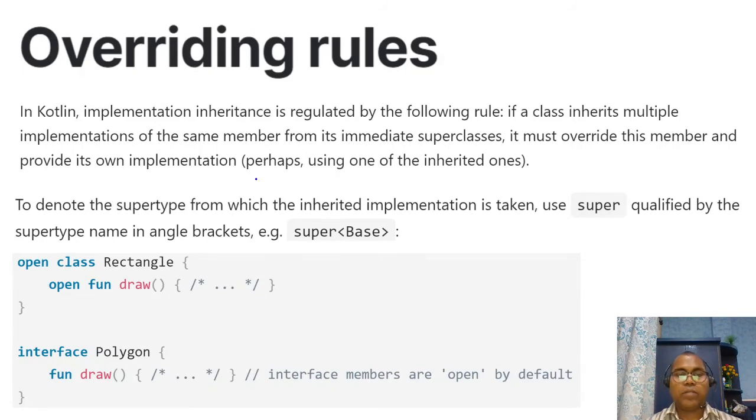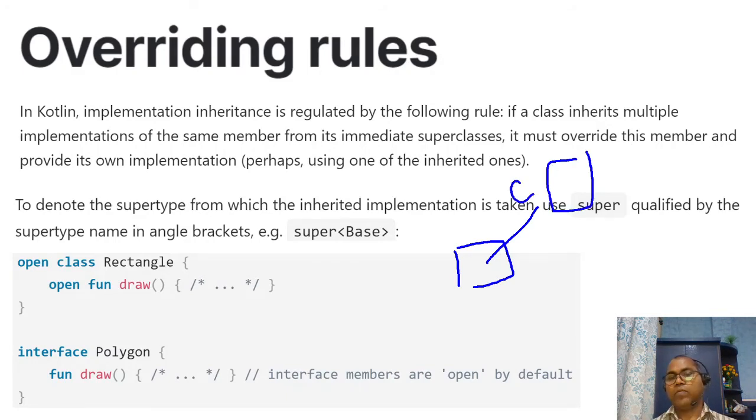And there is one more thing: in Kotlin, one class can extend only one class. If you have two classes, Kotlin does not support it, but maybe one class and another interface can be supported.